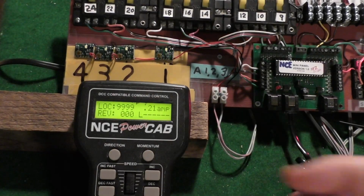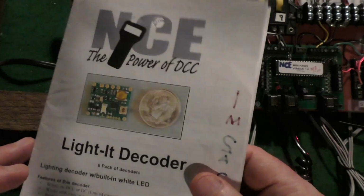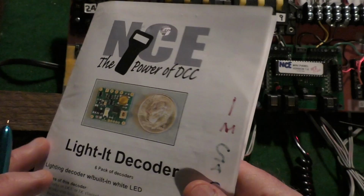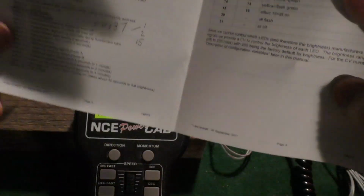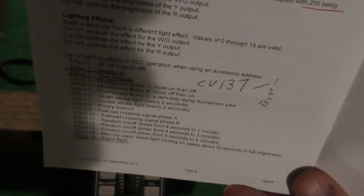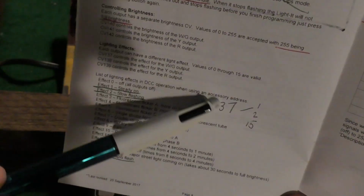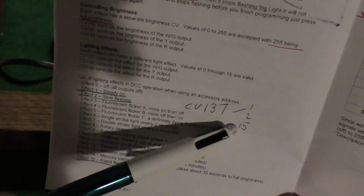Next, we'll see if we can change the lighting effect. The lighted decoder manual, which is what I'm sitting here looking at, gives us a list of about 15 different lighting effects we can have, which are here. And for the white LED, which is what we're working with, it's CV137, and they tell us to use the